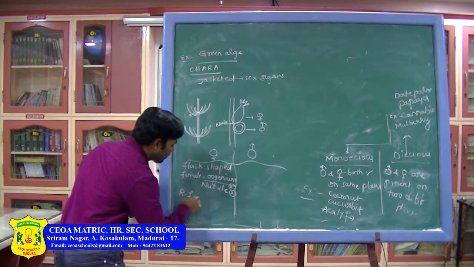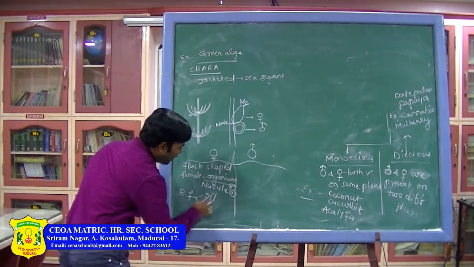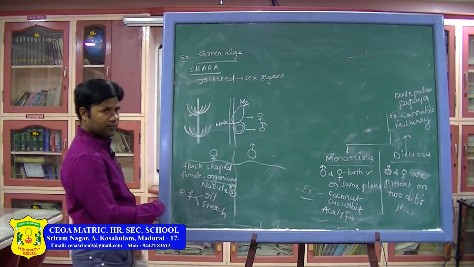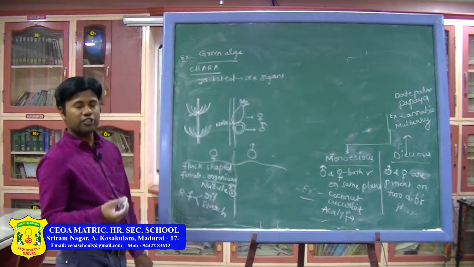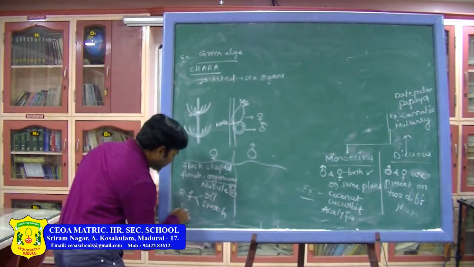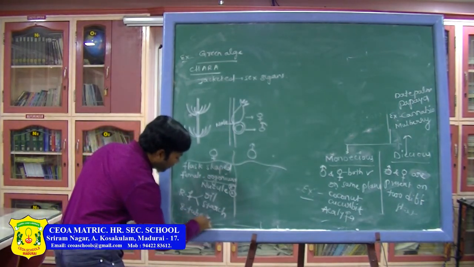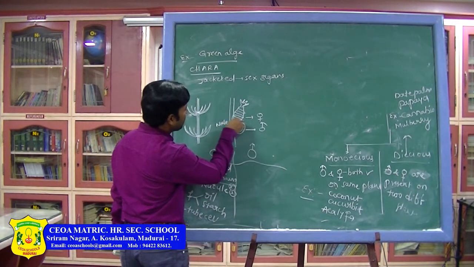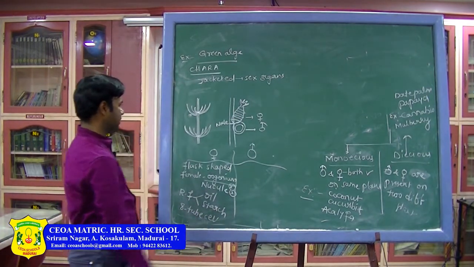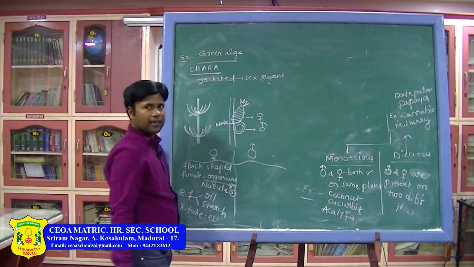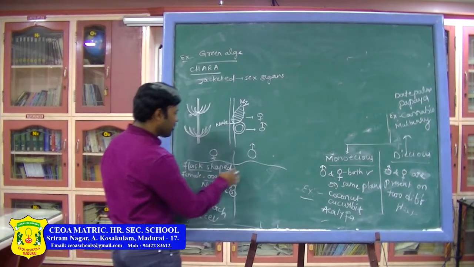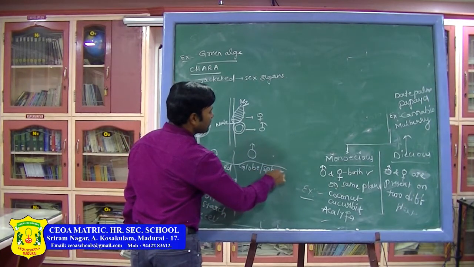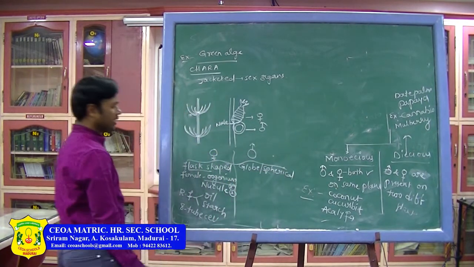Then what does it consist of? It consists of reserve food material, one is oil and the other is starch. Then it is jacketed, I said. Jacketed means 8 tube cells are present around this one, 1, 2, like this. It is totally jacketed, covered. Next, the male reproductive part in the Chara, when you see here, it is not flask shaped, it is globe or spherical shaped.